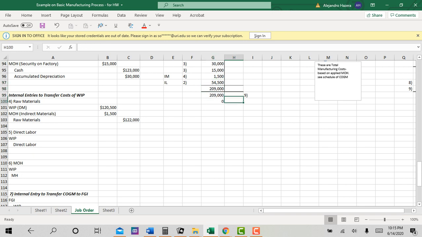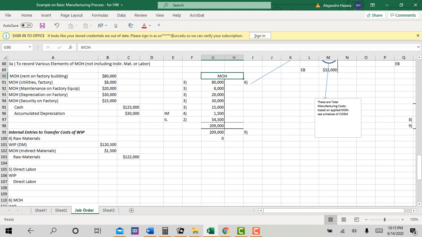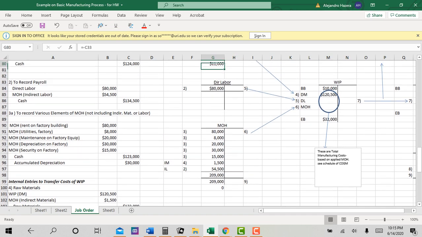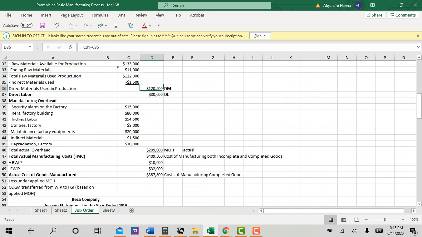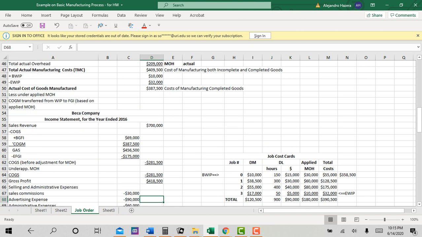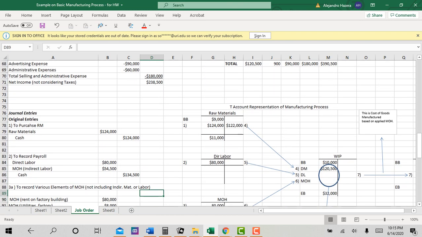I want to take that out here for a second. Okay, so I've got 209,000 in manufacturing overhead, and that's equal to that number right there. So I want you to just look at this. Up on my statement of cost of goods manufactured, I was saying that I put direct materials into production of 120,500, direct labor of 80, and actual manufacturing overhead of 209,000. Well, I'm not quite there yet, but I've got 80 is going to be my direct labor,